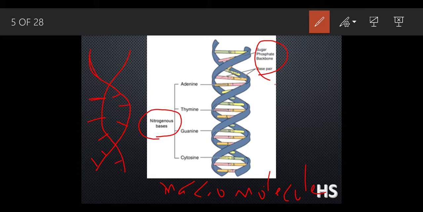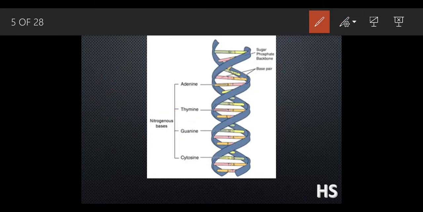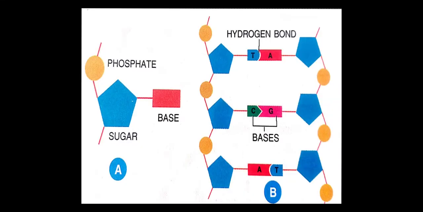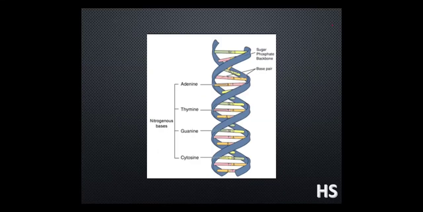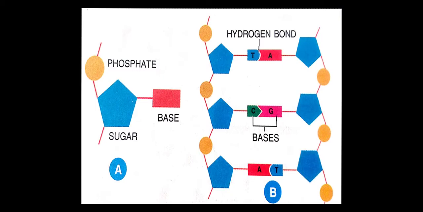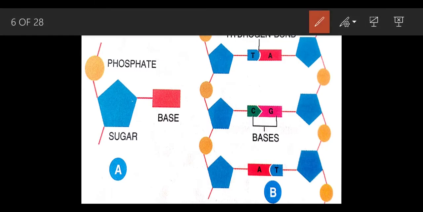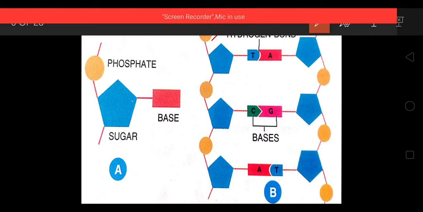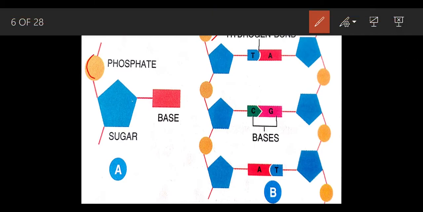If we closely magnify this nucleotide, it would look like this. Inside this there is some structure: the nitrogenous base, pentose sugar and all. Now let's understand this shape by magnifying. This consists of one ball-like structure, which is known as the phosphate. This is the sugar, also called the pentose sugar.